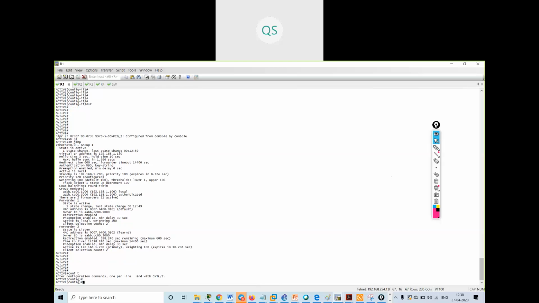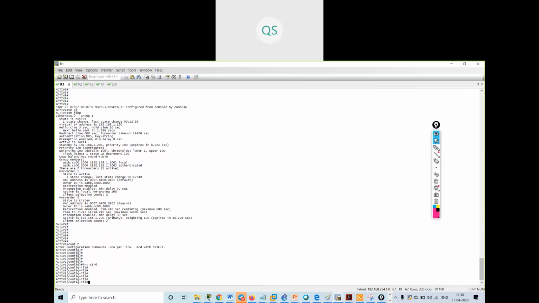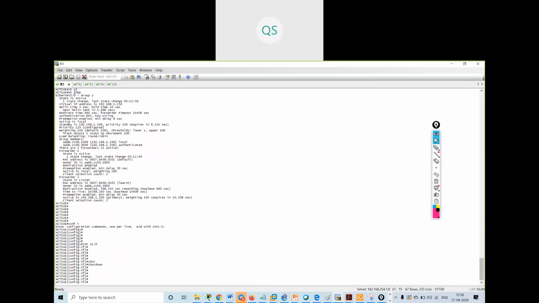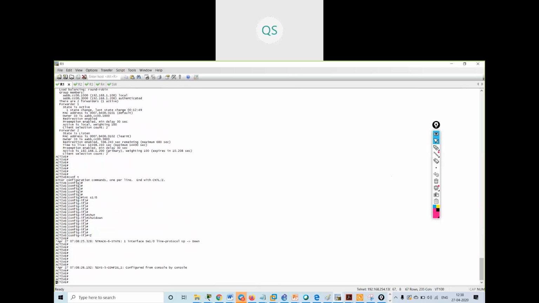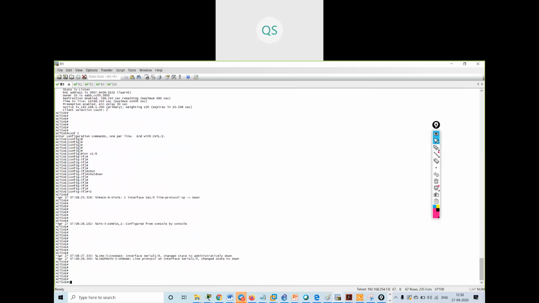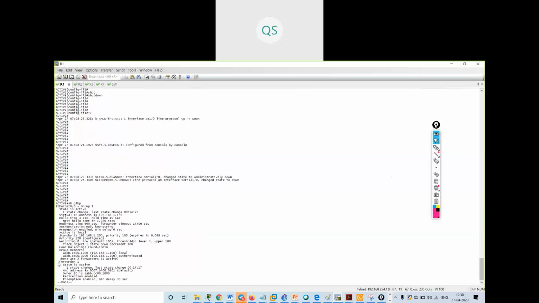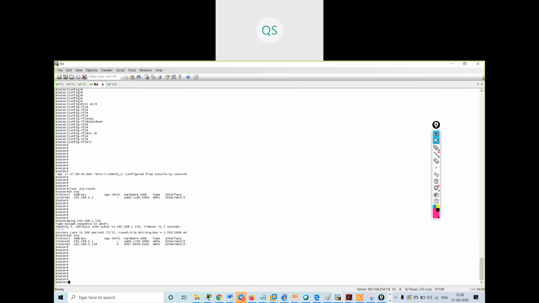So what I will do, I will make the interface serial 1/0 down. I will make it shut. Once I make it shut, now show GLBP. See, my weight value is now 0. Load balancing used is round robin. Now see if I send any packet from here,